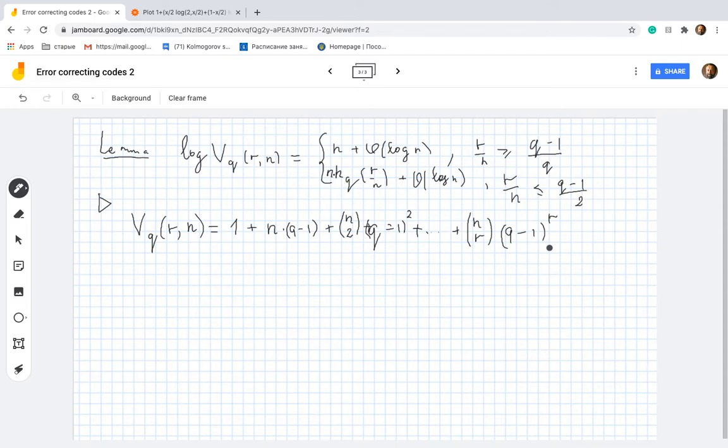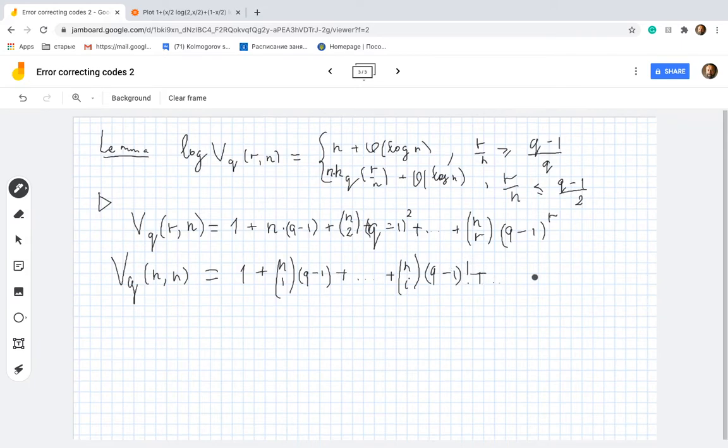First of all, let's understand that for r equal to n, we obtain the sum of all binomial coefficients: 1 plus n choose 1 times q minus 1, plus ..., plus n choose i times q minus 1 to the i, plus ..., and the last one will be n choose n times q minus 1 to the n, which is obviously equal to q to the n, because